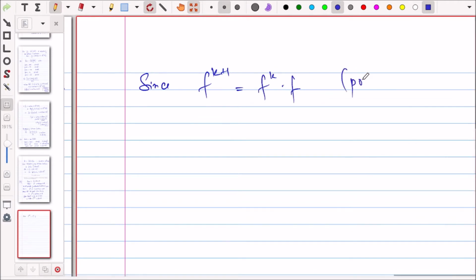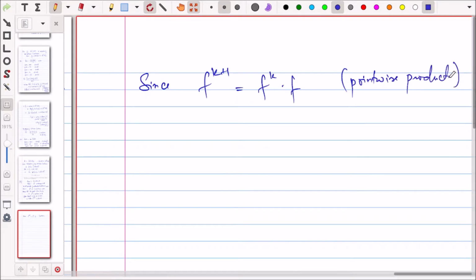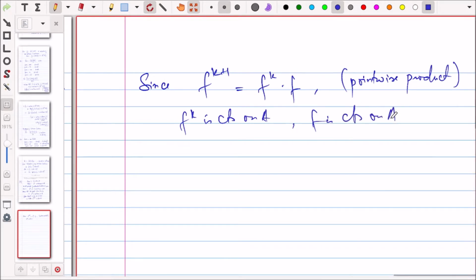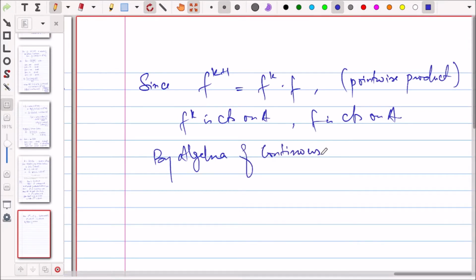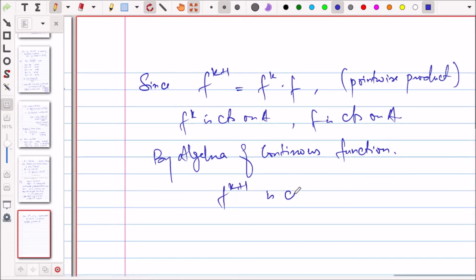This can be done since f^(k+1) is equal to f^k times f, the pointwise product. So this f^k is continuous on A, and f is continuous on A. By the algebra of continuous functions, where we know that the pointwise product of two continuous functions is continuous, f^(k+1) is continuous